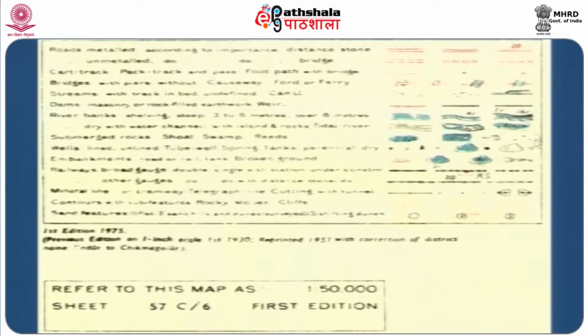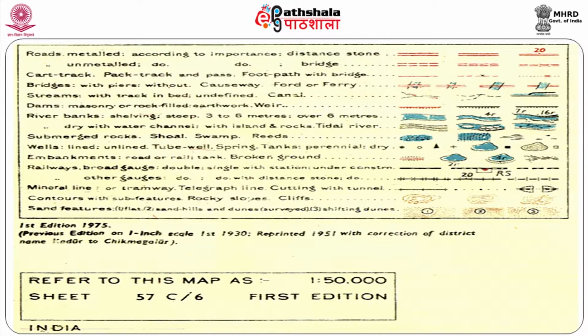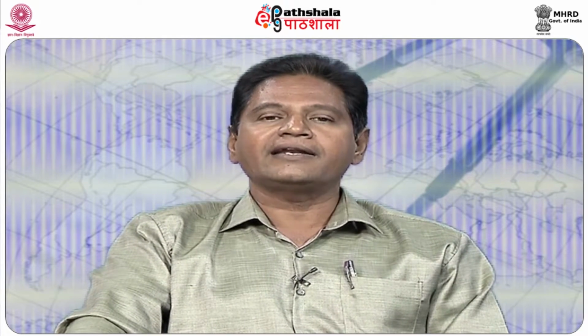I am not going to go into the details of this. I was just telling you, blue color is indicative that they are perennial in nature. This is dry, with water, without water. The important thing is that a topo sheet is not going to show the aspects at that particular time, whereas satellite data will give you details about that particular area at a given time. So at any given time, if I take satellite data, I will know whether the water bodies are perennial or dry in nature. But a topo sheet is generally indicative in nature.